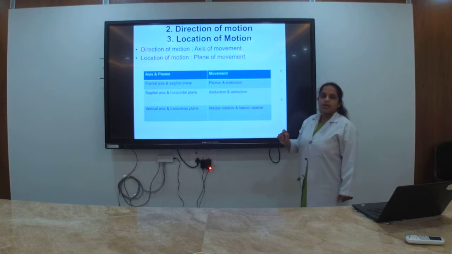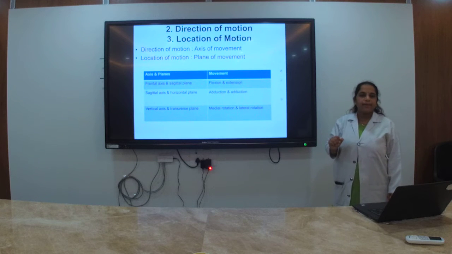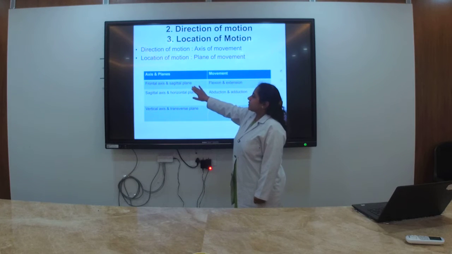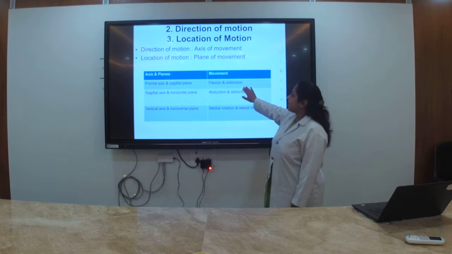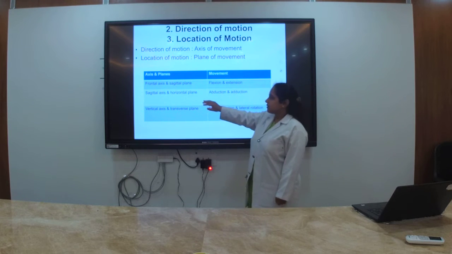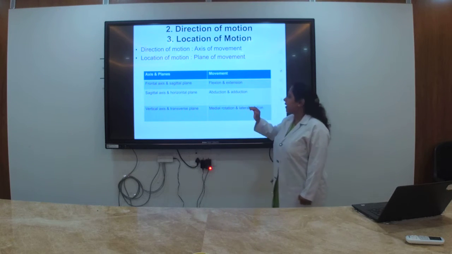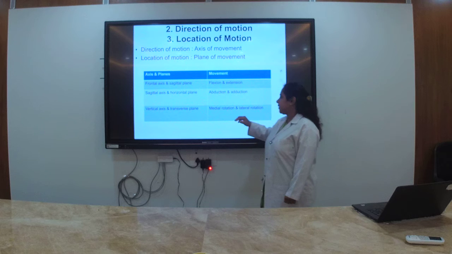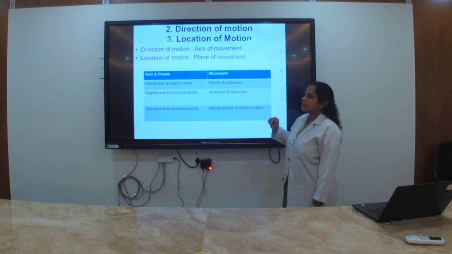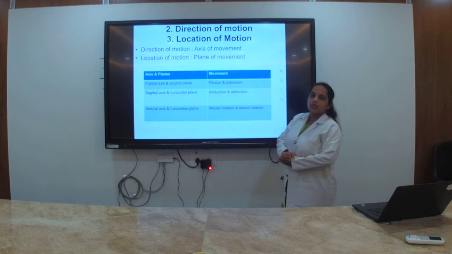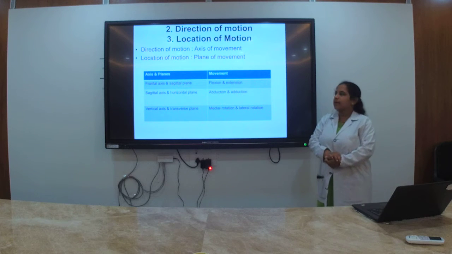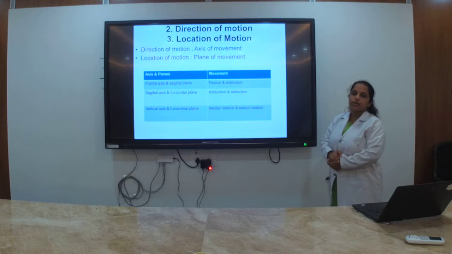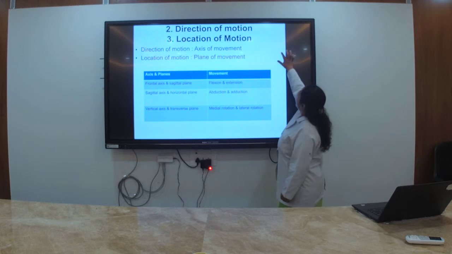Now let us see in combination the axis and planes of certain movements. In frontal axis and sagittal plane, the movement occurring is flexion and extension. In sagittal axis and horizontal plane, abduction and adduction occur, while in vertical axis and transverse plane, the medial and the lateral rotation occur. So these are the first three variables of kinematics, that is type of motion, direction of motion and the location of motion. Now let us go ahead to the